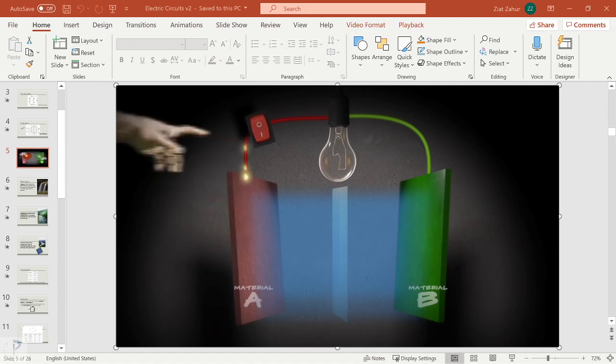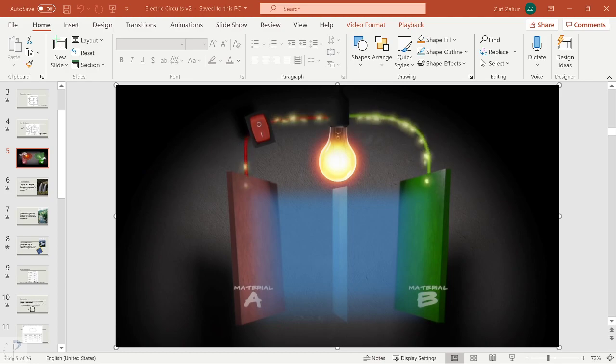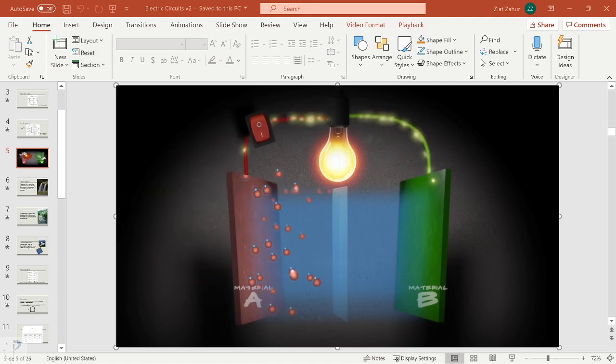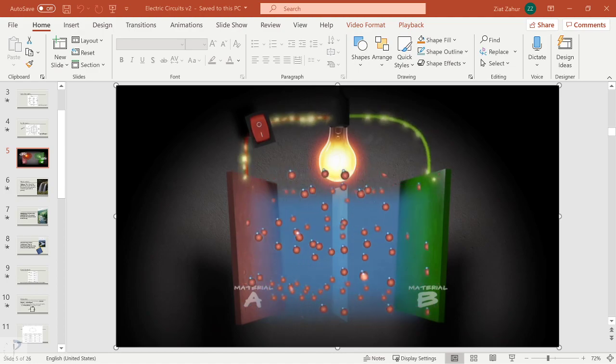Let's turn the circuit on. Now you've offered electrons a path to happiness. Since they can't go any other way, they begin flowing through the circuit to material B. Back at material A, the atoms are losing electrons, because that's where the electrons are coming from, and they begin turning into positively charged ions. As we mentioned before, ions always want to be neutral, so these guys need to find a negative charge. So they go to where the negative charges are, in material B, where all the electrons are going.